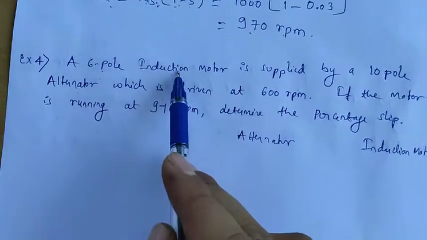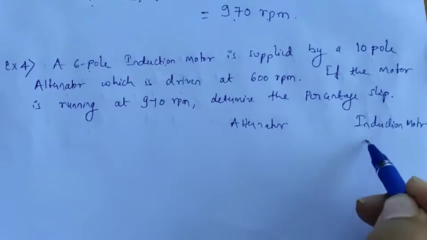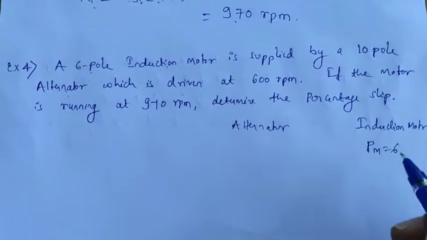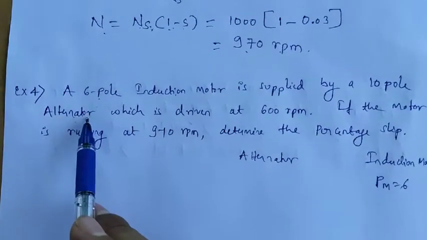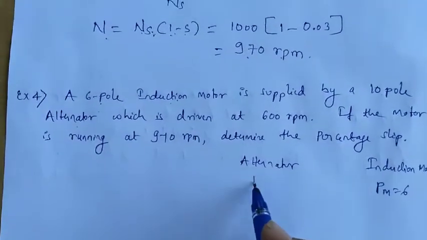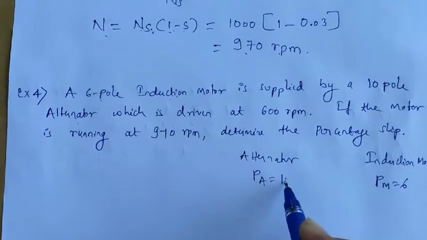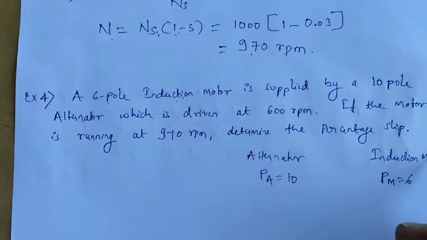So first I will write the data given for alternator and for the induction motor. A 6-pole induction motor means the number of poles in the induction motor is 6. 10-pole alternator, so 10 poles is for the alternator, it is not the induction motor. So alternator poles is 10. A means alternator, M means induction motor. Okay,